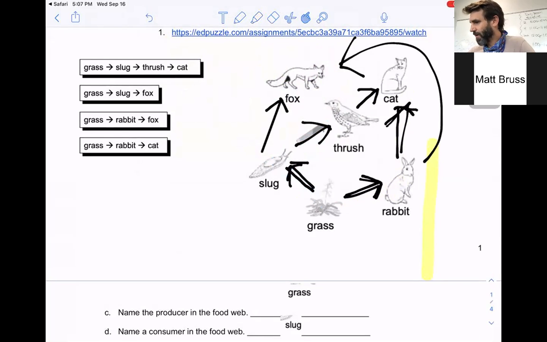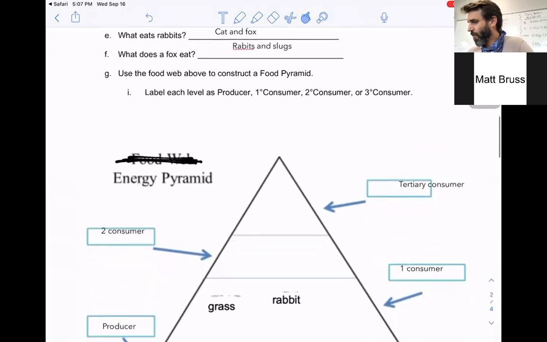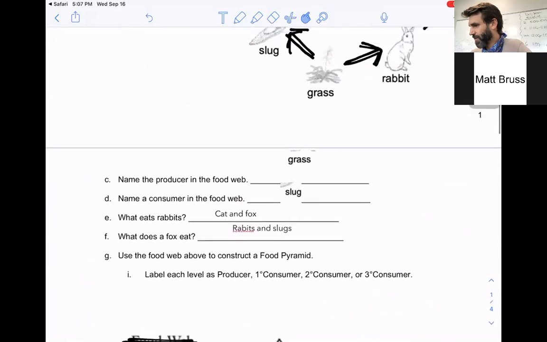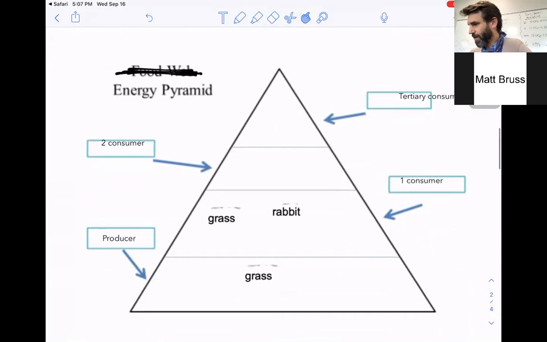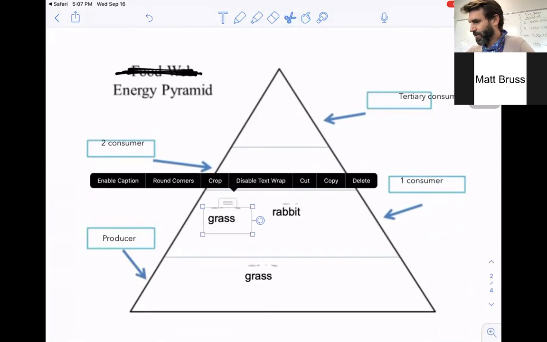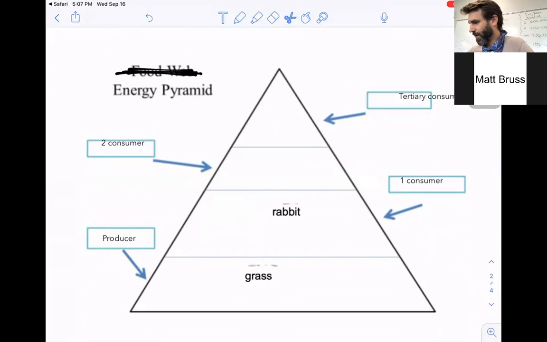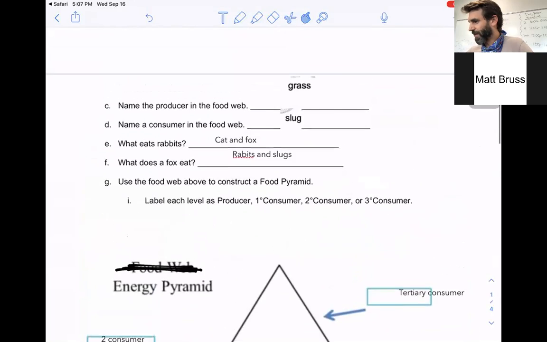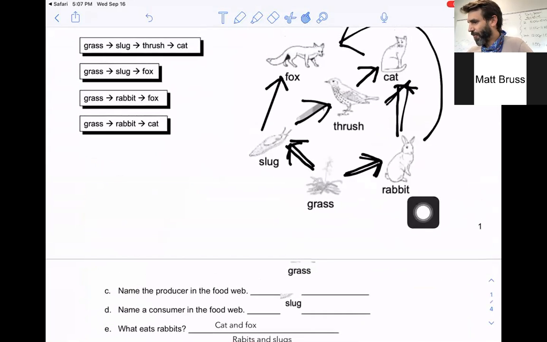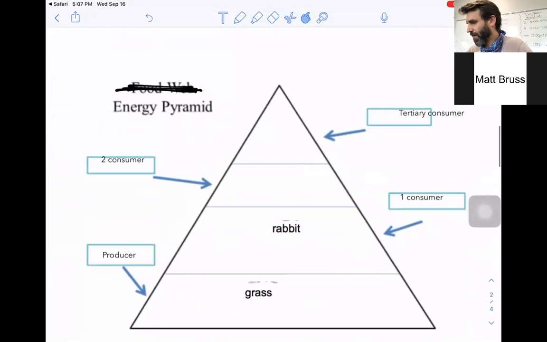Oops, move over here, back it up. So we were able to get our primary consumers. Wait, how did grass end up here? We know that's not right, right? Grass is definitely not a primary consumer. So our primary consumers here are rabbits and a slug. So maybe we meant to add a slug in there. Oops, why did that not work? So copy that. And make sure we get our slug in here